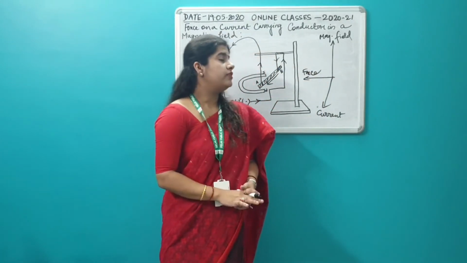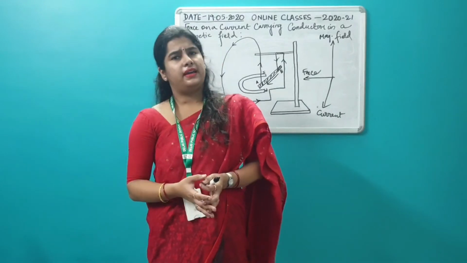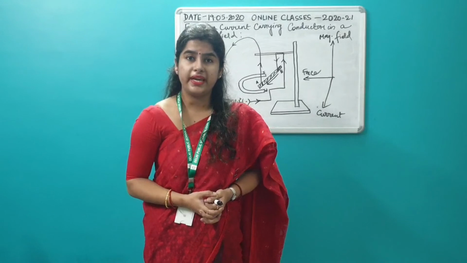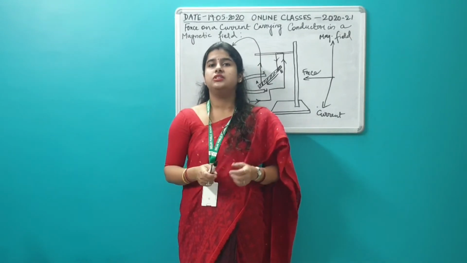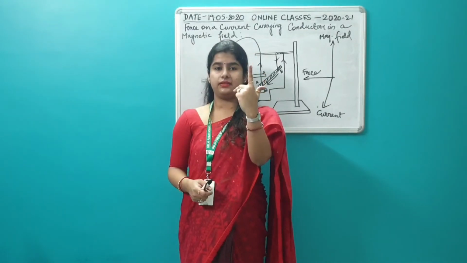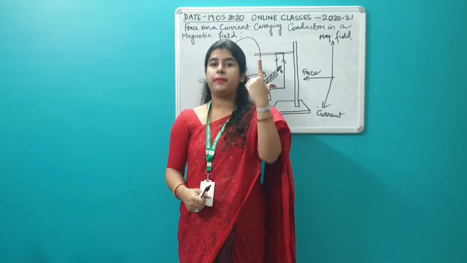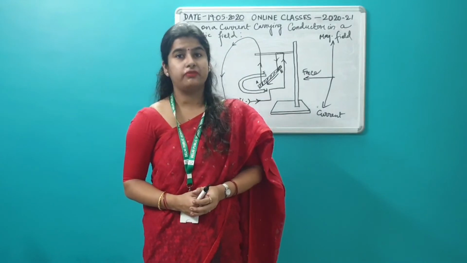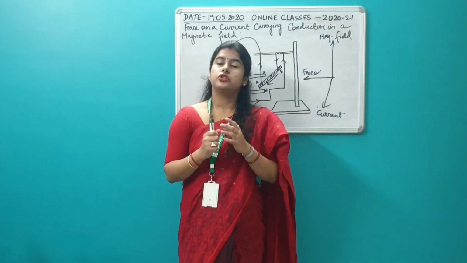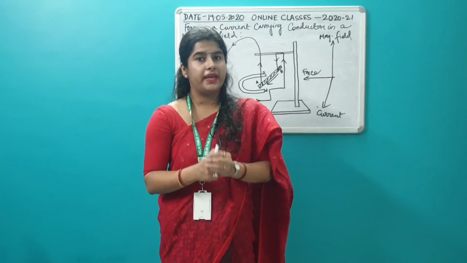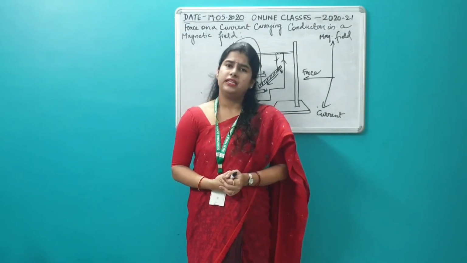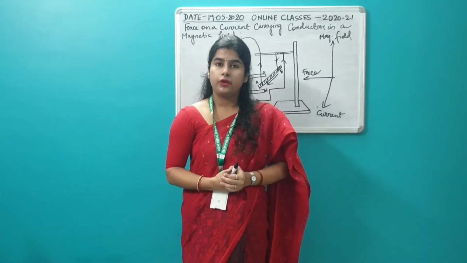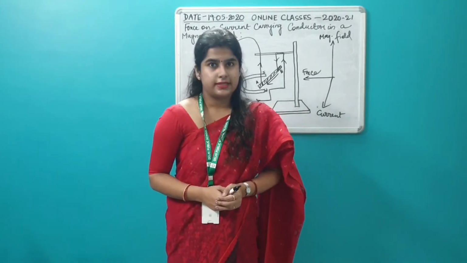I have given in your worksheet some questions related to Fleming's left-hand rule also. You are going to do it by placing your fingers just the way I have told you. Place the direction of current and magnetic field properly and you can easily find out the direction of the force exerted. Do it and mail it to us. Any queries, you can also mail us. Kindly go through your books properly and get your concepts clear.